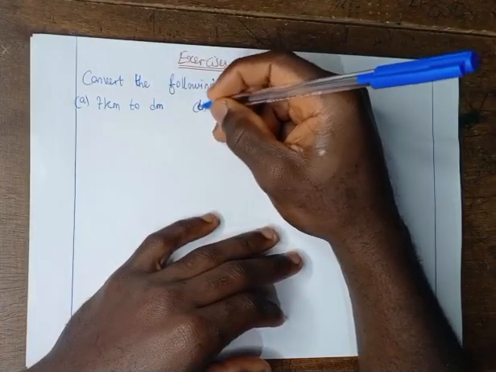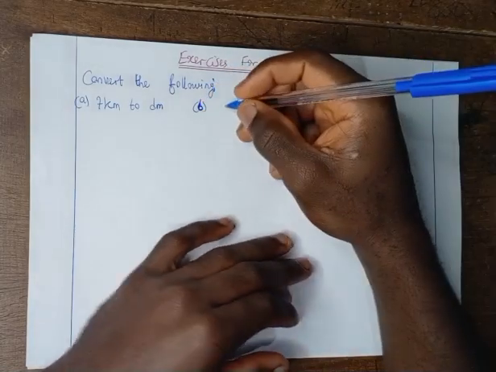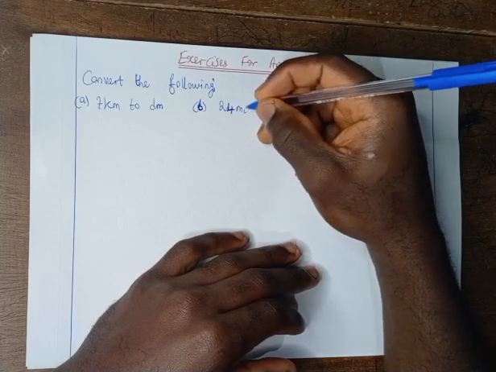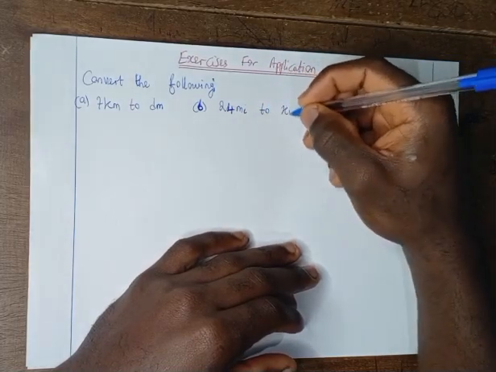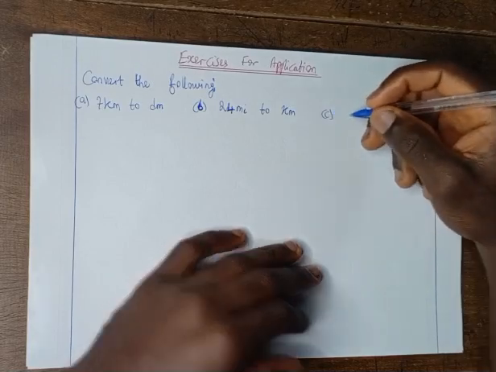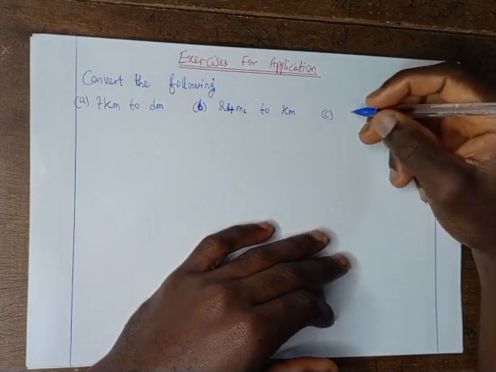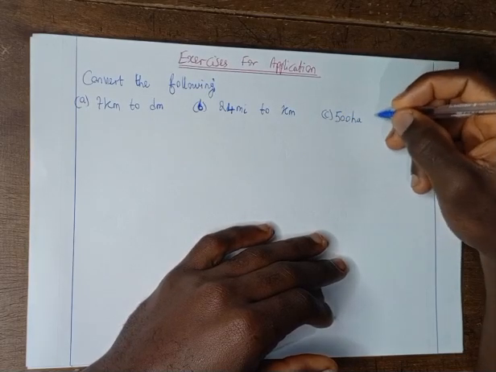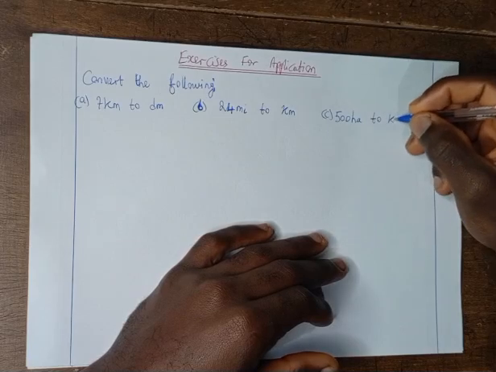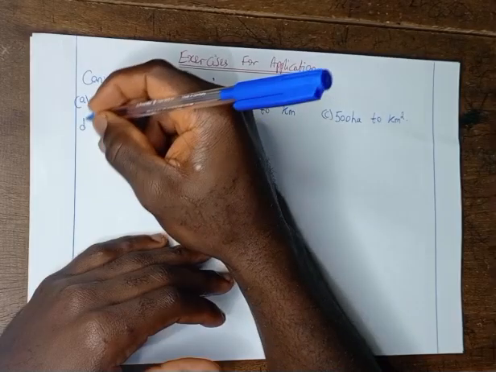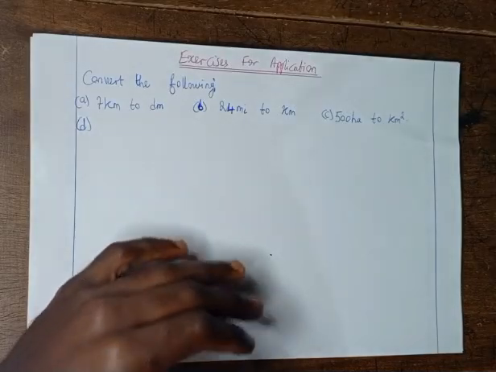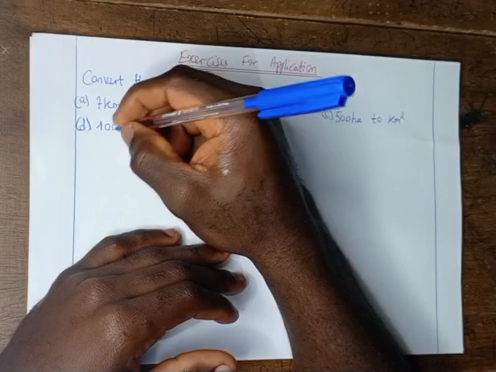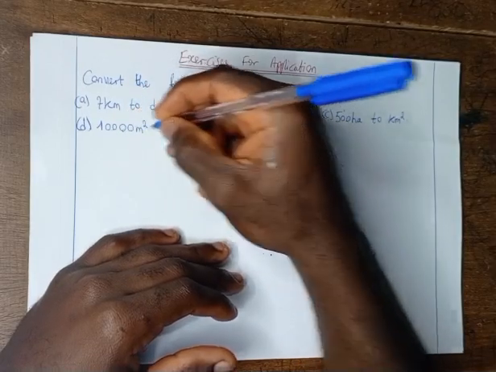For B, we have 24 miles to kilometers. C, we have 500 hectares to kilometers squared. D, we have 10,000 meters squared to